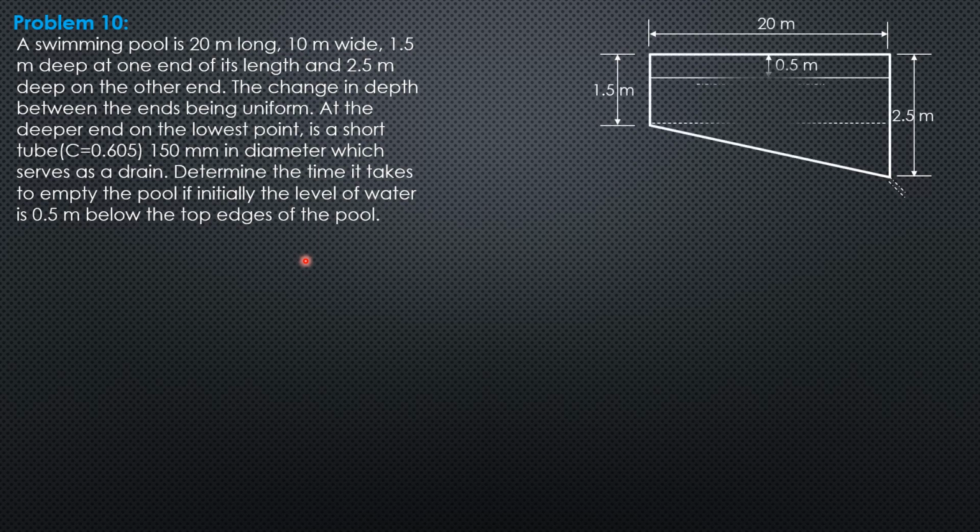So we have the situation here, 20 meters long, perpendicular to the screen, it is 10 meters wide. So 1.5 meters deep at one end and 2.5 meters deep on the other end, the change in depth being uniform. At the deeper end is a short tube, 150 mm diameter, which serves as a drain. So determine the time it takes to empty the pool if initially the level of water is 0.5 meter below the top edges of the pool. So at the deeper end,